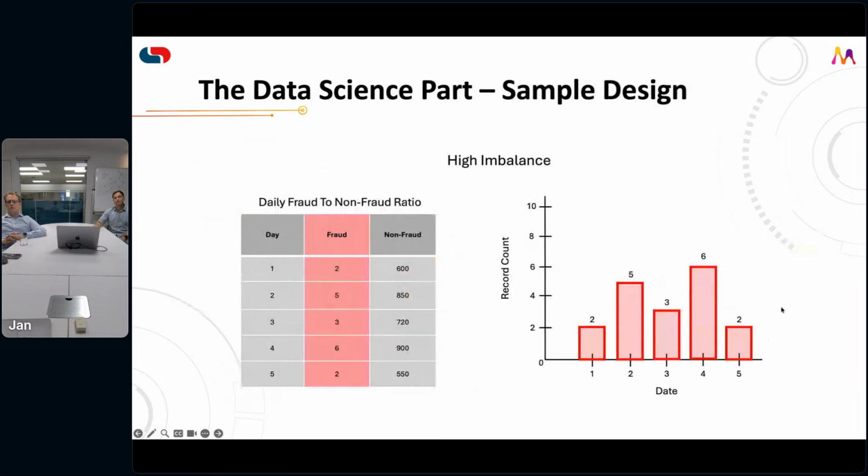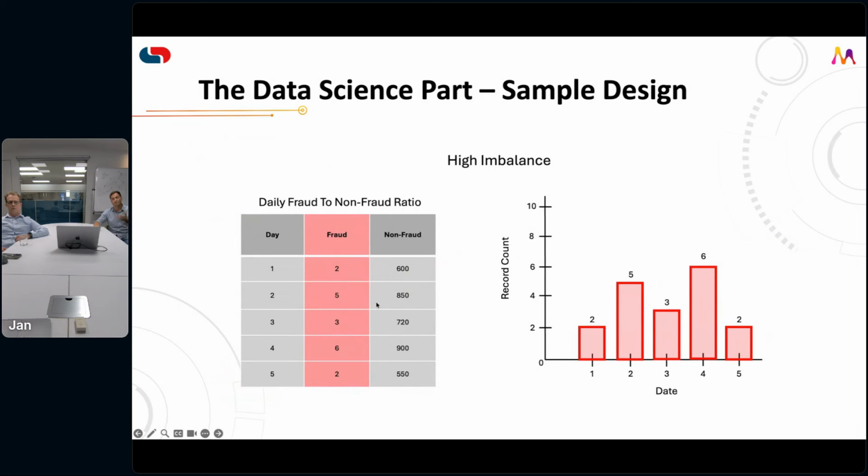What you will then see through doing this and looking at your training set is that in the real world, you'll get some problems with data and the imbalance of it. Now, in fraud specifically, you'll get a very high imbalance of your fraud ratio versus your non-fraud. What this means is if I go and say, okay, each day I go count the number of fraudulent records as well as the non-fraud records, I can then start slowly seeing that there's a large difference between these two